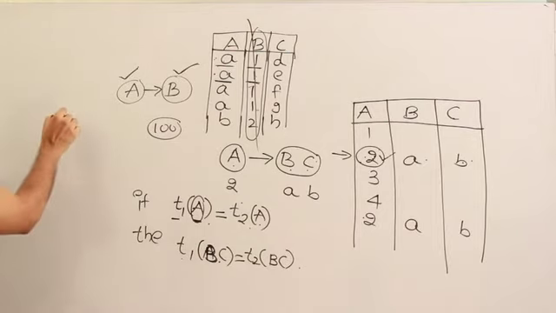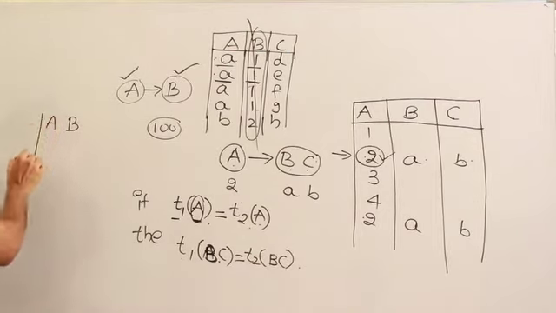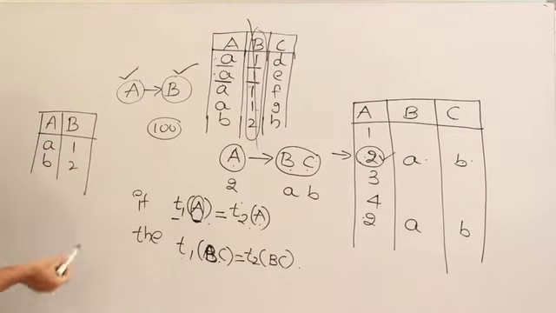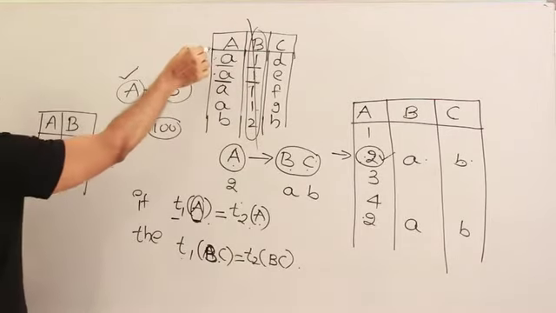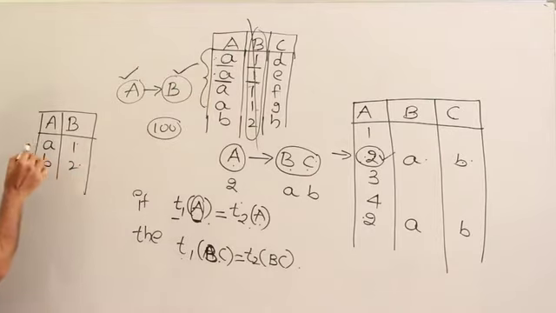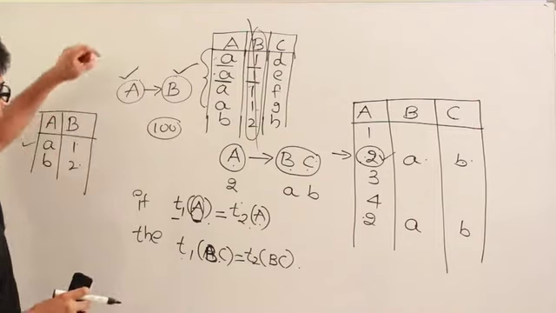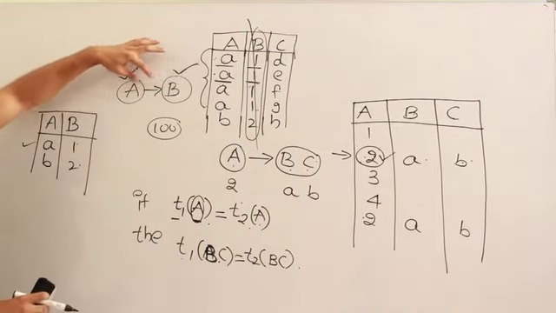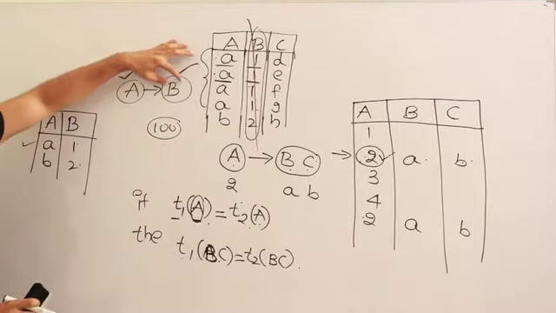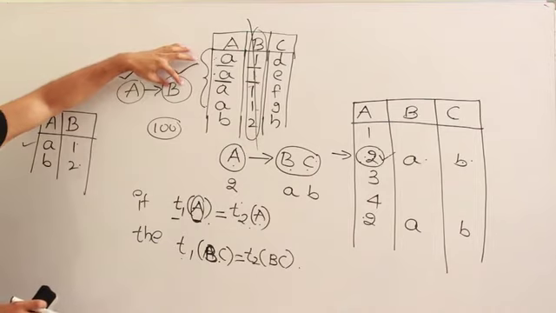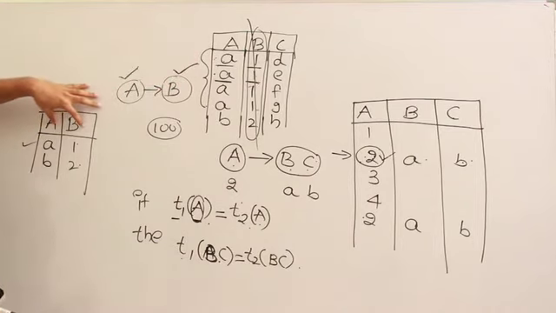You can save B separately and you can write a new table AB, right? In this new table AB, you can write the value of A is 1 and the value of B is 2. That's it. So this entire information is not required. In case it is repeated 100 times, I have to just write it one time. So the main use of functional dependency is, B is functionally dependent on A, or A determines B, or given a value of A, we can functionally determine what the value of B is. The advantage of this is we can reduce the redundancy like this, right?